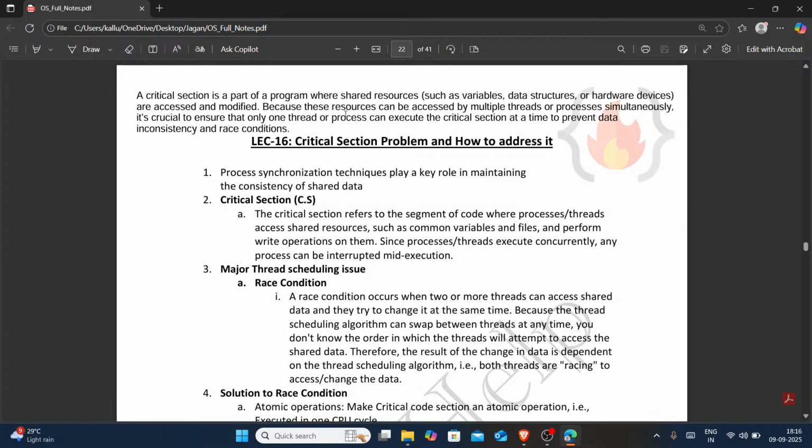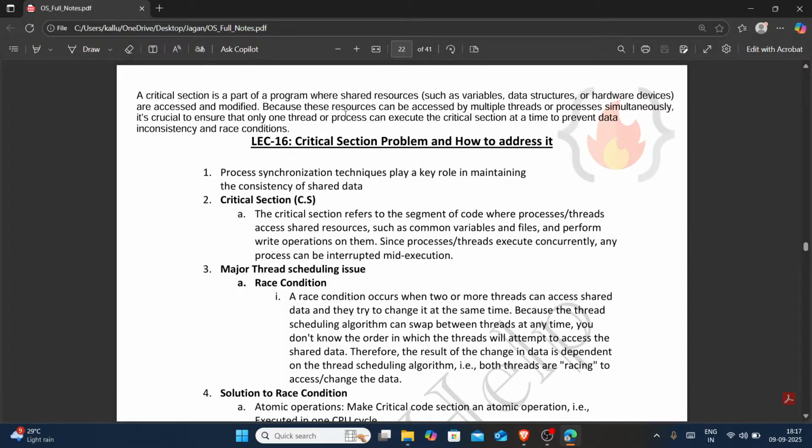Let's say three threads, A, B, and C, are trying to access the shared resource and modify it. We want them to access and modify it in some order, say A, B, C. Since it's a multi-threading environment, due to concurrency,